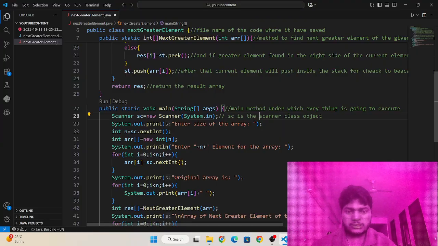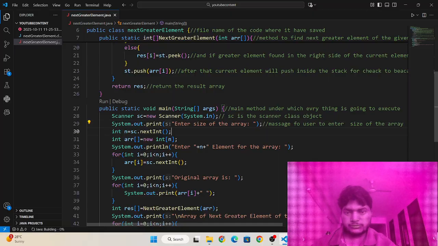Okay, and here is the message for the user to enter the size of the array,